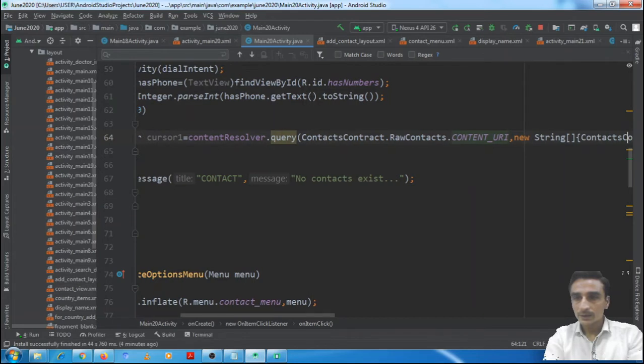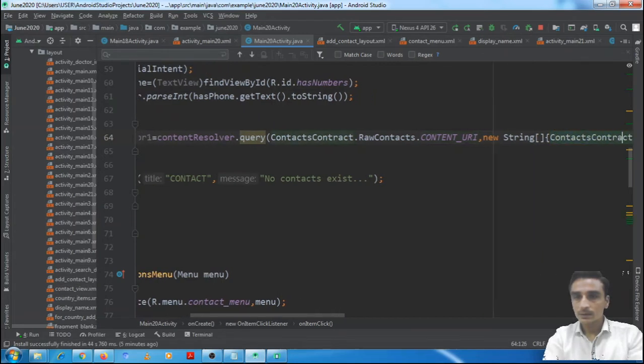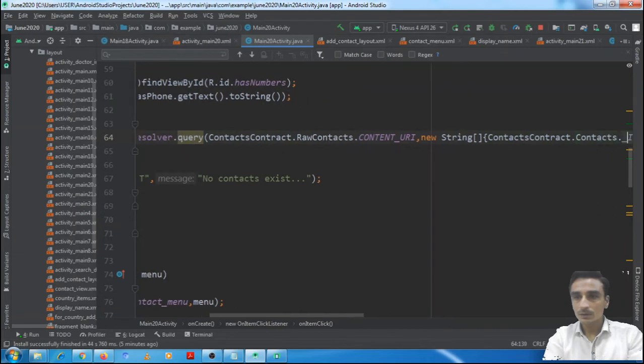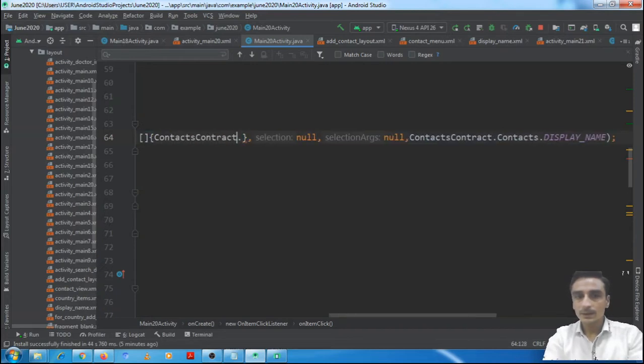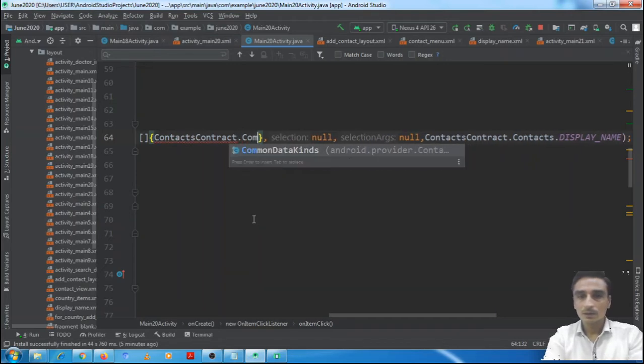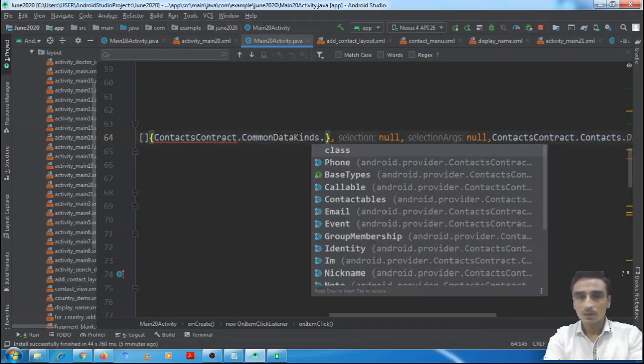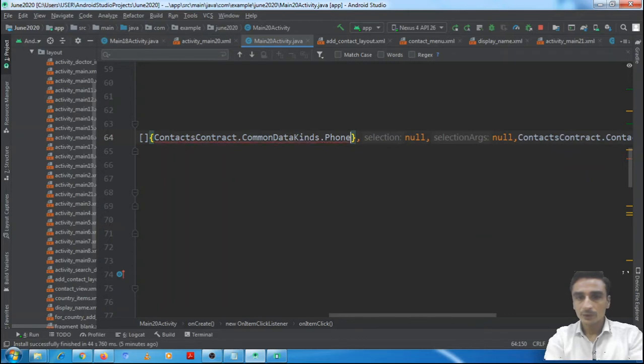Then contract dot name of the column which we want to retrieve. Here we will be retrieving only one column, and that is phone.